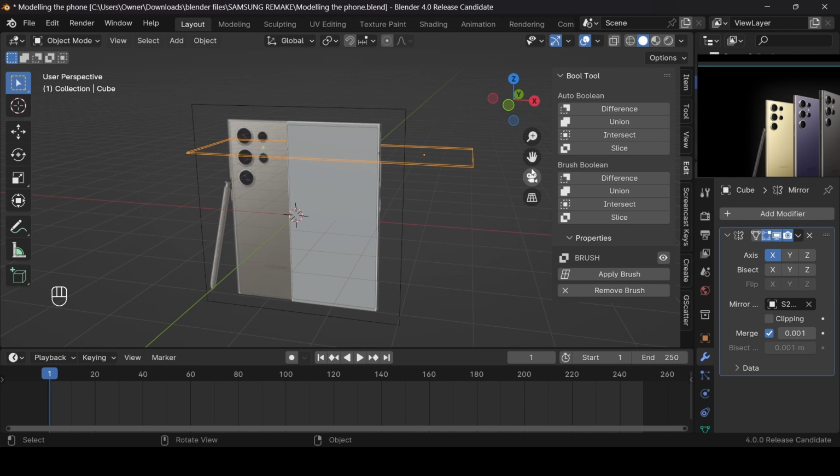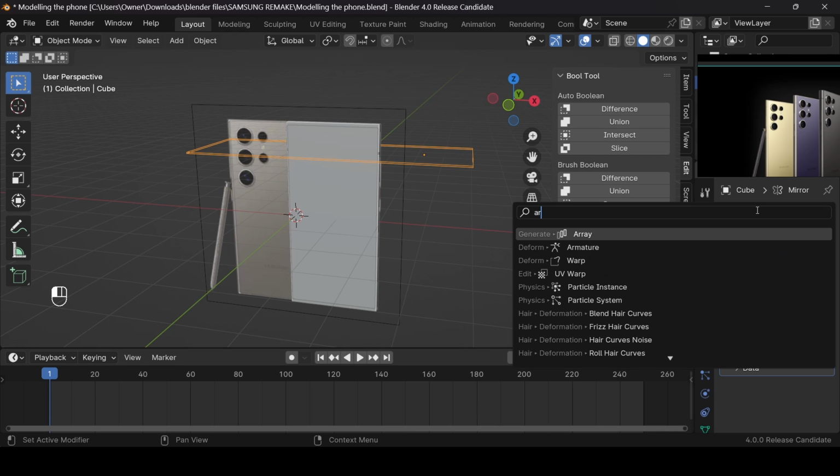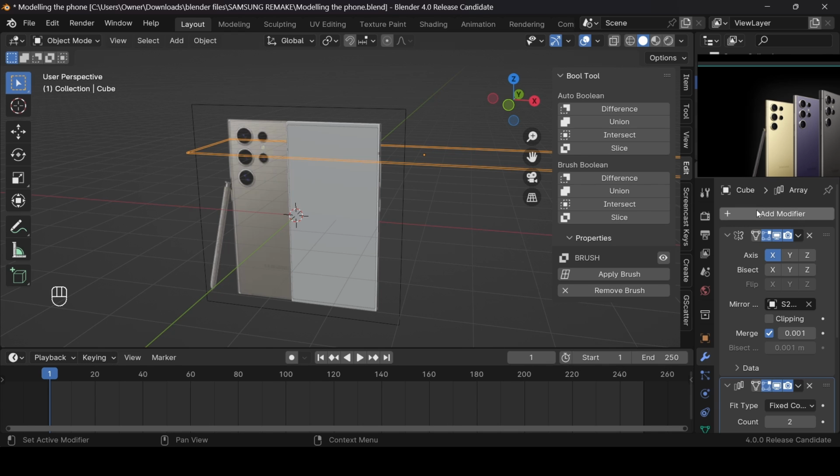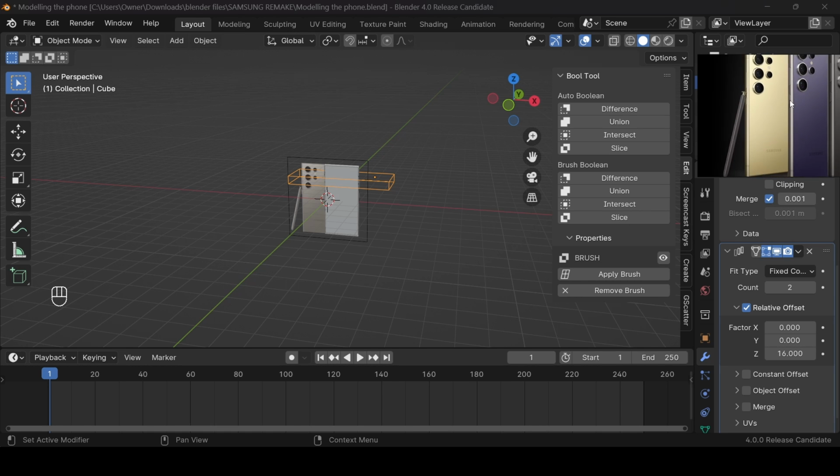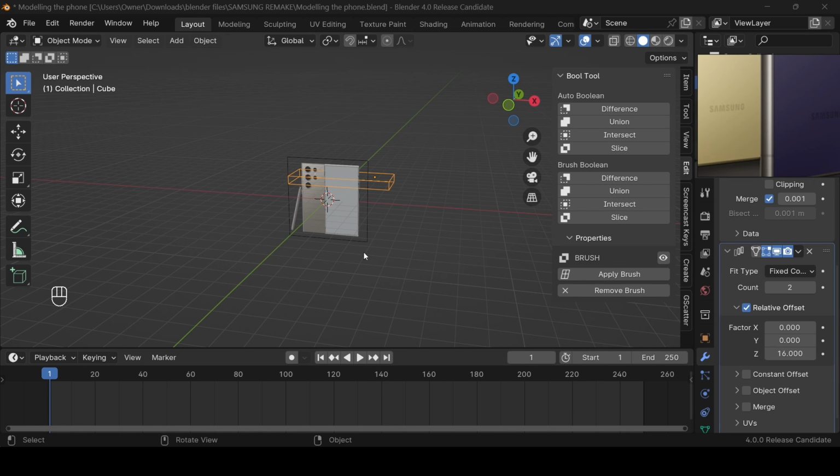And what I'm going to do next is I'm just going to apply another modifier, which is the array modifier. And what I want this time is I want it to be 0 on the X, and I just want to move it down on the Z. So based on the reference, if you can see this properly, you can see there's another one down here. So you just